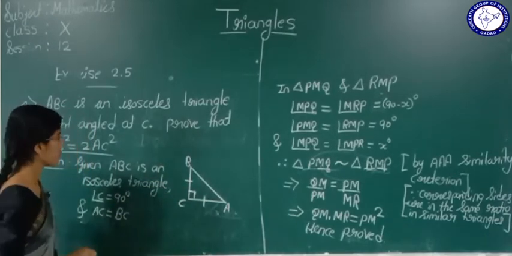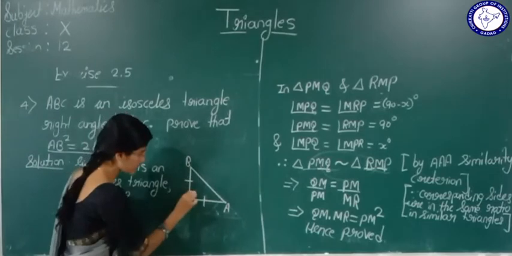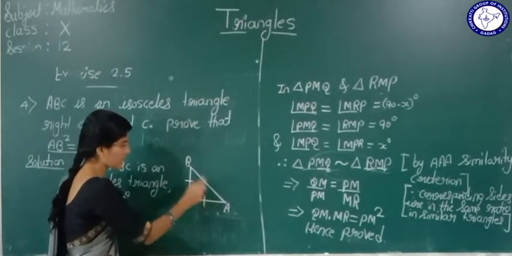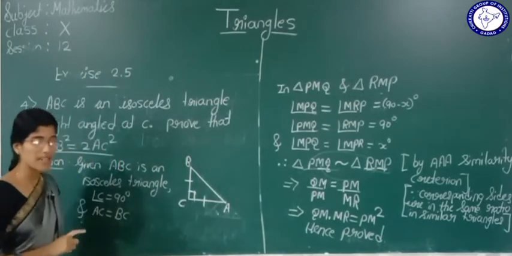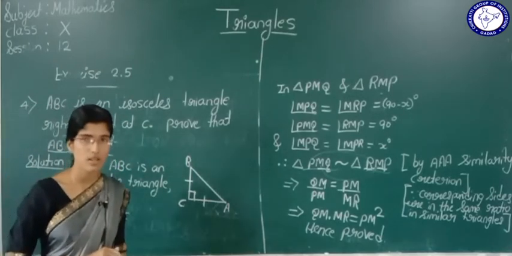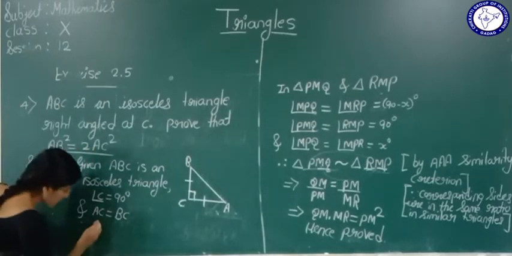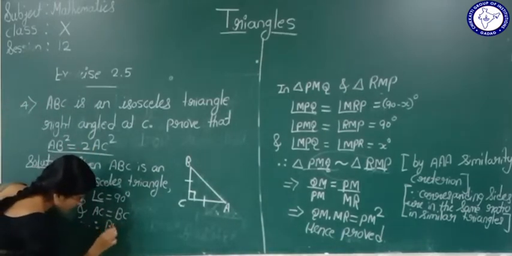See here, now we are going to use the Pythagoras theorem. This is a 90 degree angle, right? If this is a 90 degree angle, here is a right angle triangle. If a right angle triangle is there, we can use the Pythagoras theorem. So therefore, by Pythagoras theorem,